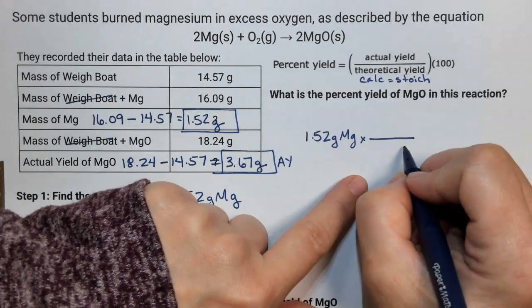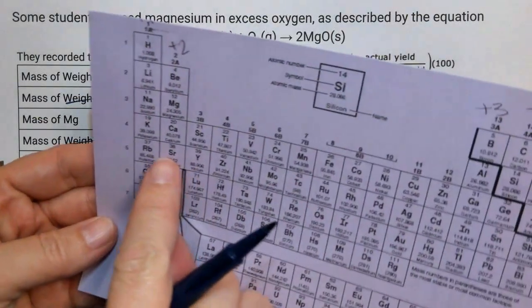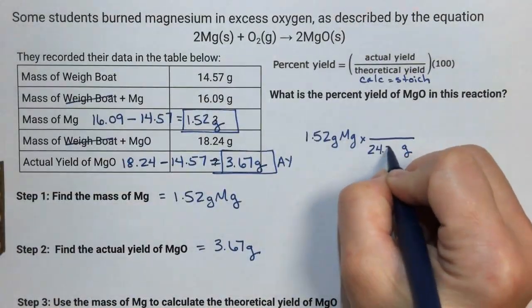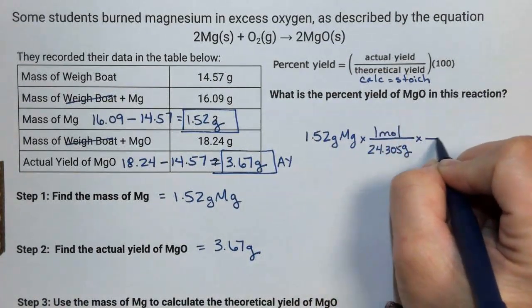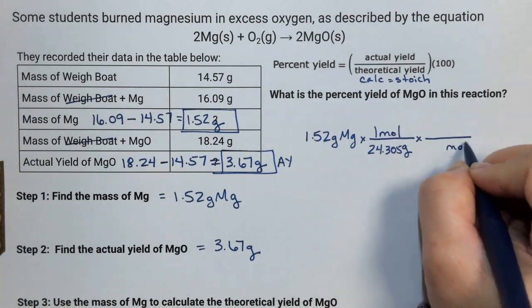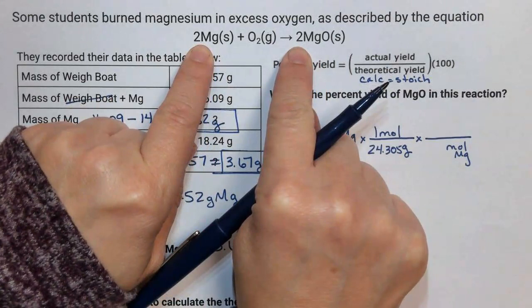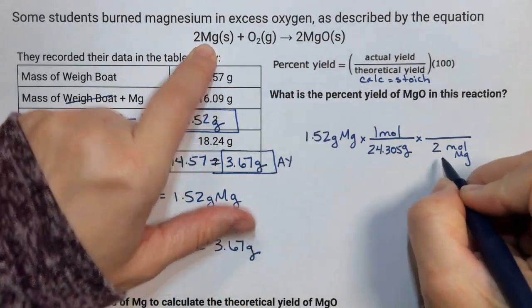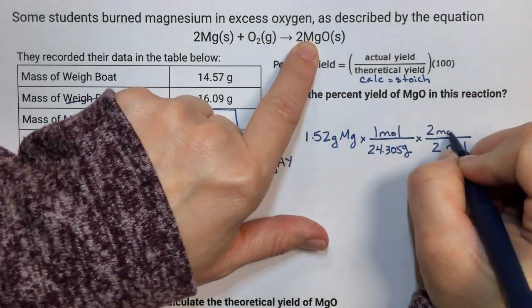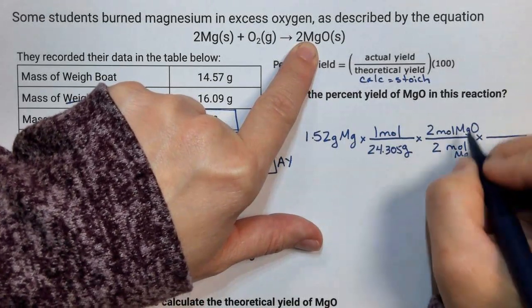I'm going to bring down the grams, go to the periodic table to find the mass of magnesium, which is here, 24.305, and that is equal to 1 mole of magnesium. Now I'm going to bring down mole of magnesium, and I want to do my mole to mole ratio of magnesium to magnesium oxide. So 2 moles of magnesium to 2 moles of magnesium oxide times, draw a line,